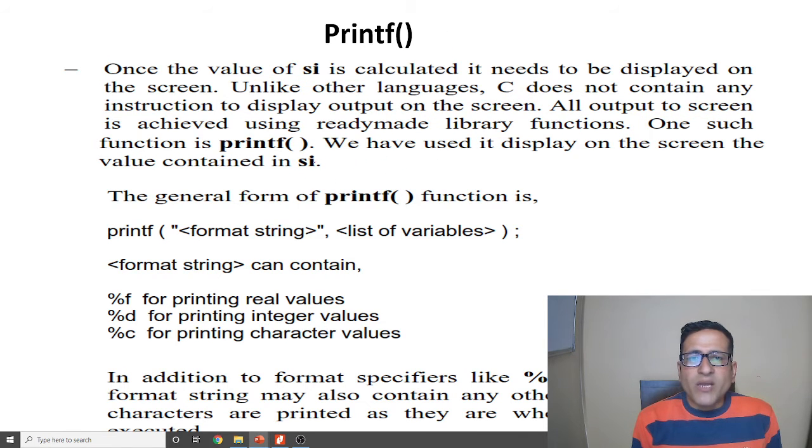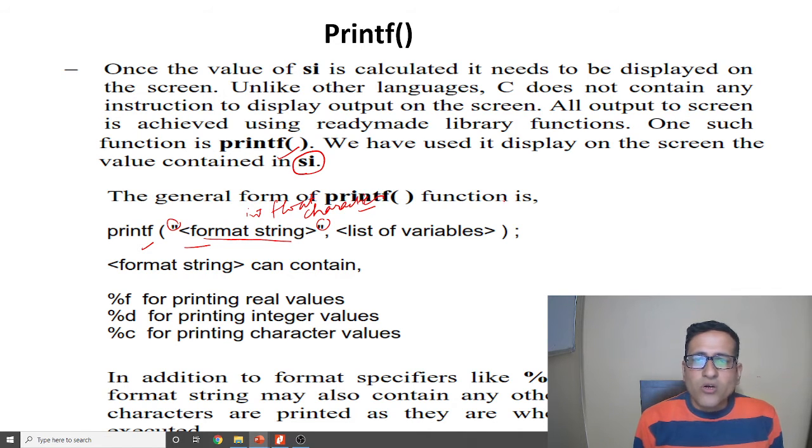By using this printf function, we print the value of the simple interest, which here we write as SI. The general form of the printf function is printf, these inverted commas, and the format of the string. It can be an integer, it can be a float, it can be a character.